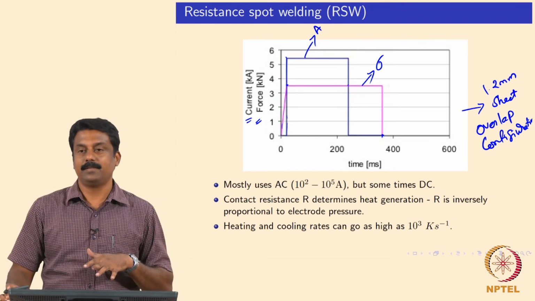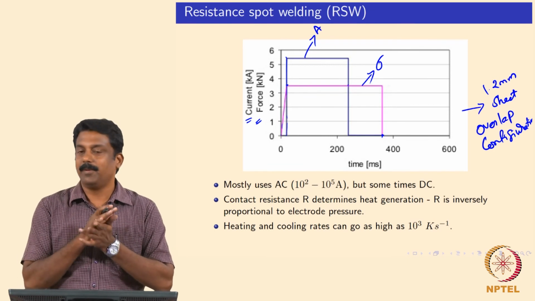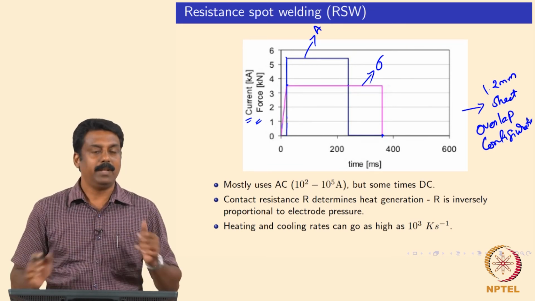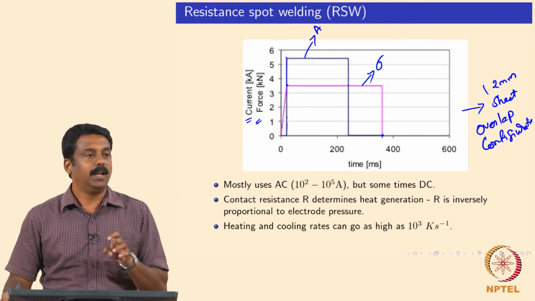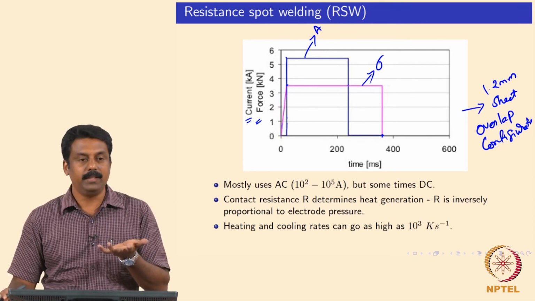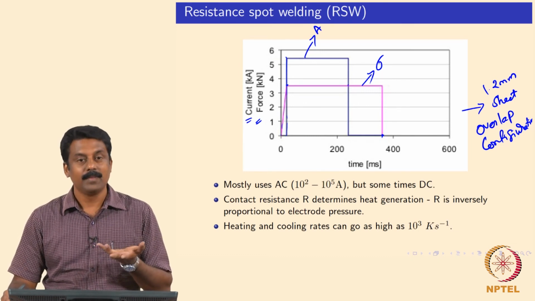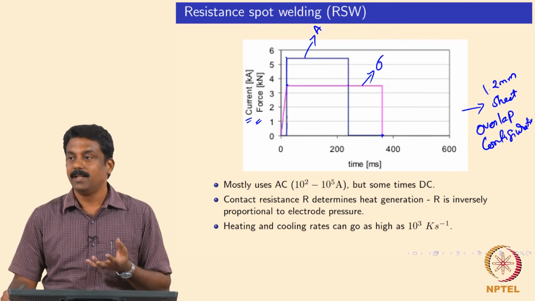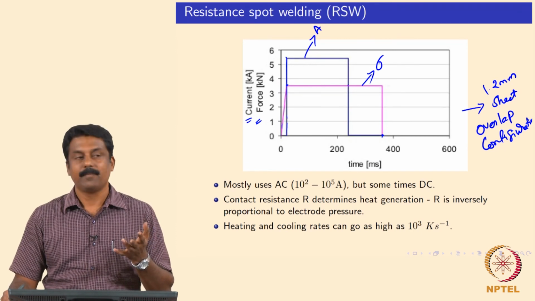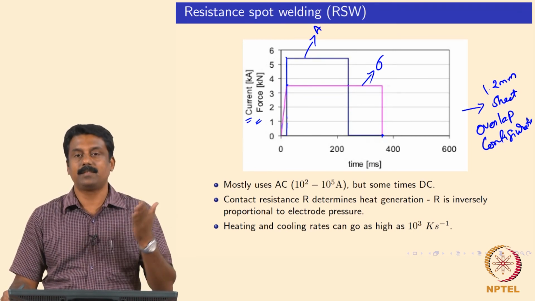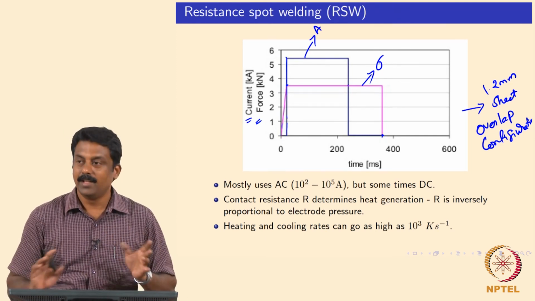Load increases or decreases, isn't it? Why? Because we are bringing the plates close to each other. If you press more, we bring the plates closer, and because of the very tiny area you look at, and we also have an electrode which is effectively transferring heat from the weld, and this electrode itself is water cooled. The cooling rates we achieve when the weld solidifies can be several thousand Kelvin per second, as high as 10,000 Kelvin per second. So, the entire weld you can touch in 300 milliseconds,